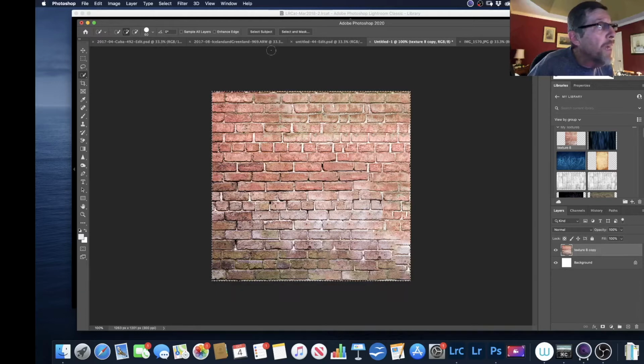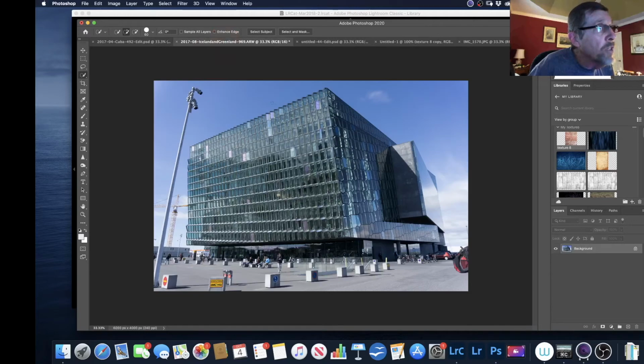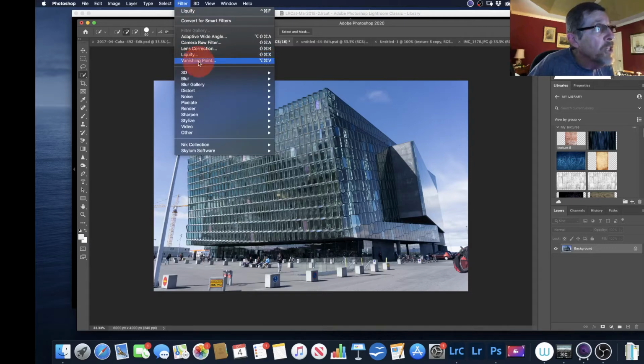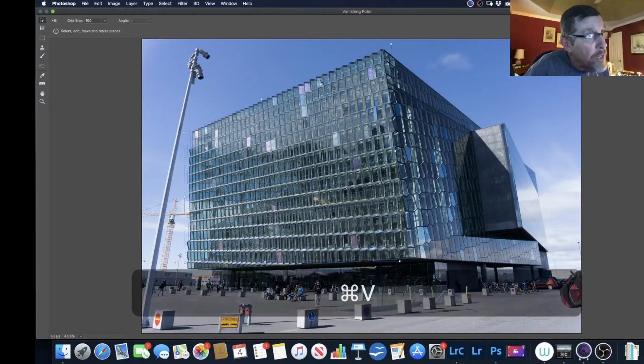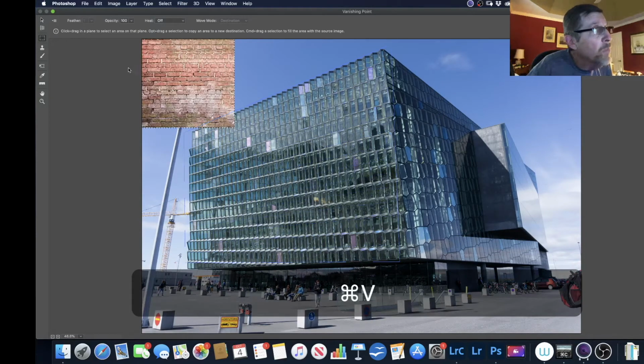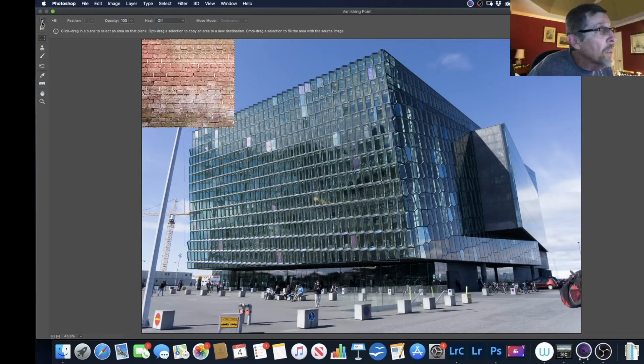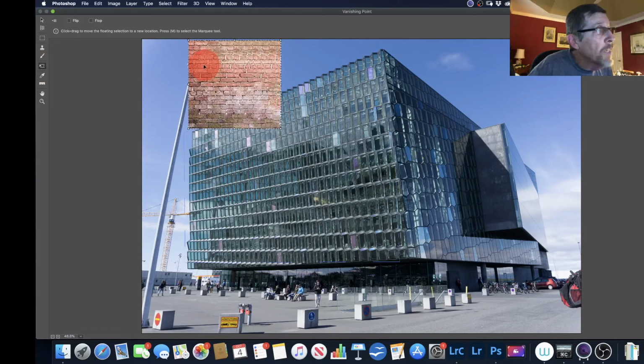I'm going to go back to my picture of this building here. I'm going to go back to Filter, Vanishing Point, where we created the grid, and the grid's still here. Okay. Now that I'm in this picture here, I'll do Command V, which is paste. So we pasted the bricks into this thing. Now going down here and using the transform tool, I will take these bricks and drag them into